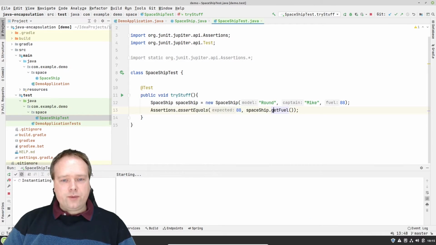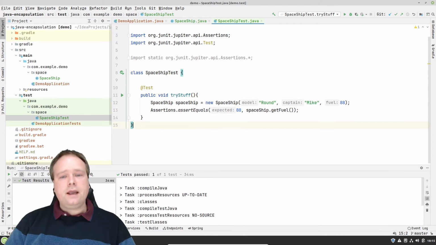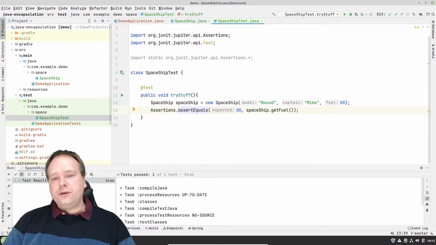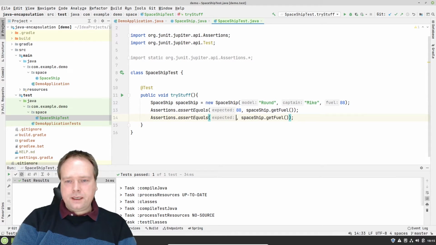So let us run this program right here. We run the test right here, and then now we have a green test, and there are no errors, and we're actually happy. But the reason why we actually wanted to use encapsulation was that we want to say that we cannot set the model anymore. We can only set the model when we are actually constructing the spaceship. But first of all, let us create an assertion, and that is that